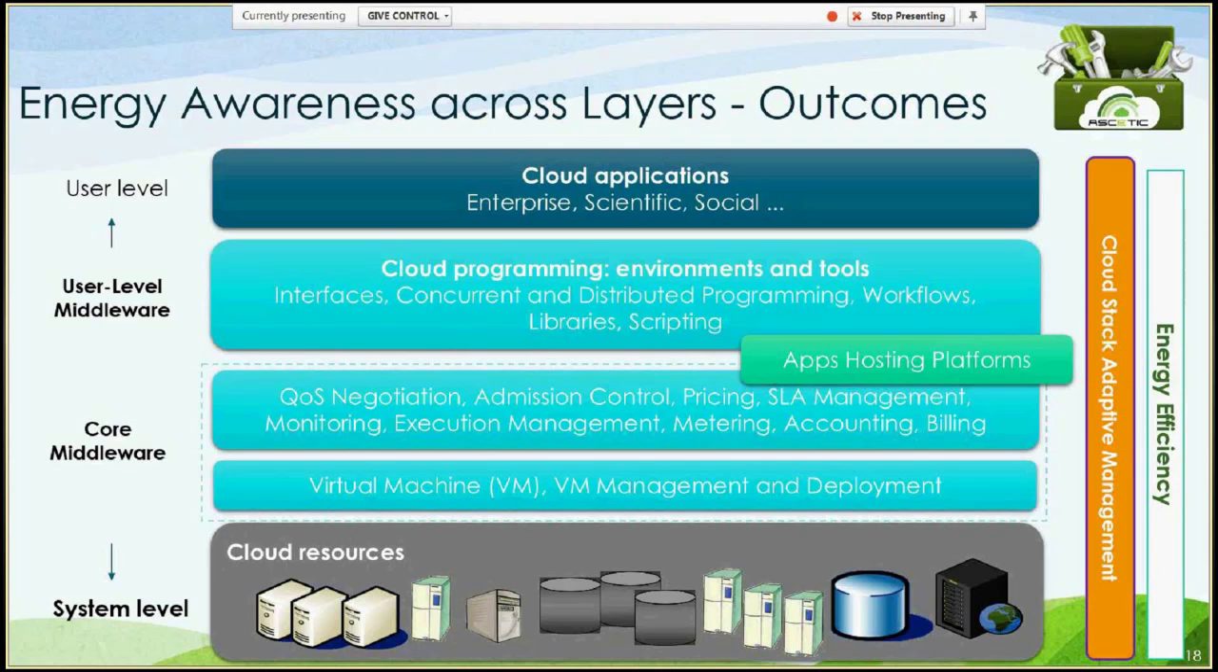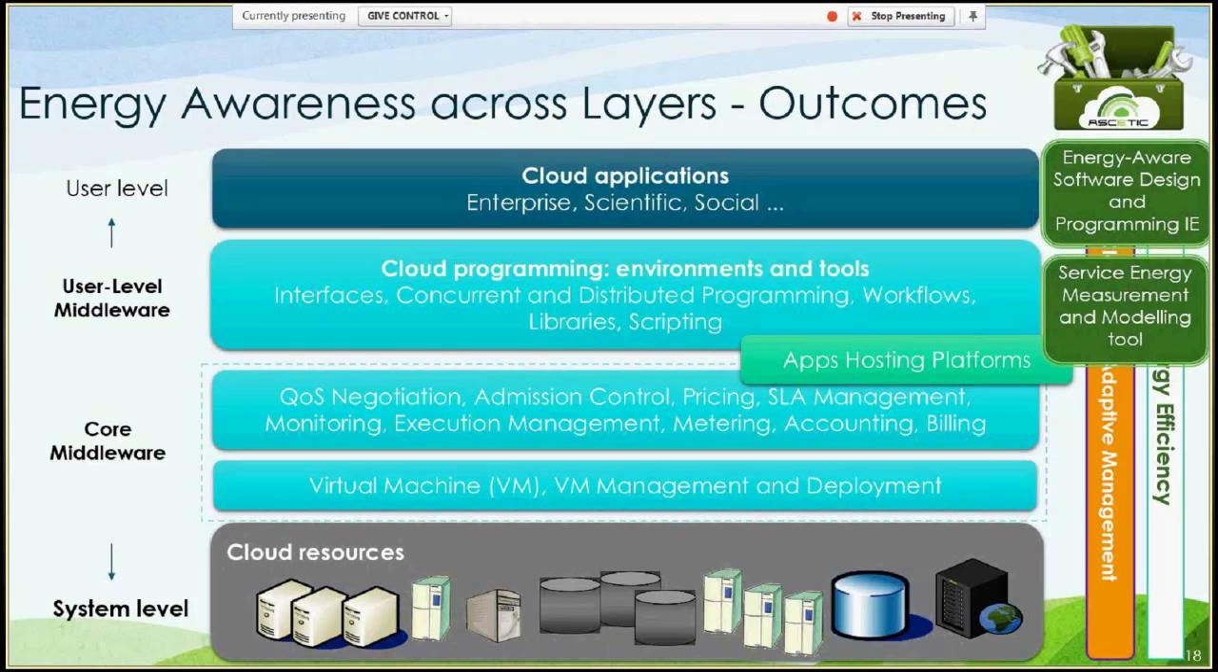Well, ASCETiC's main outcome is a toolbox, which you could see here on the top right of the slide. And in the toolbox you will find a set of tools. What do these tools look like? Well, ASCETiC is proposing an energy-aware software design and programming IDE, as an integrated environment. Again, these are very much for software engineers and software developers. It's proposing service energy measurement and modeling tools. Again, this is to do with how much energy my application is likely to consume before it actually operates on a cloud infrastructure,